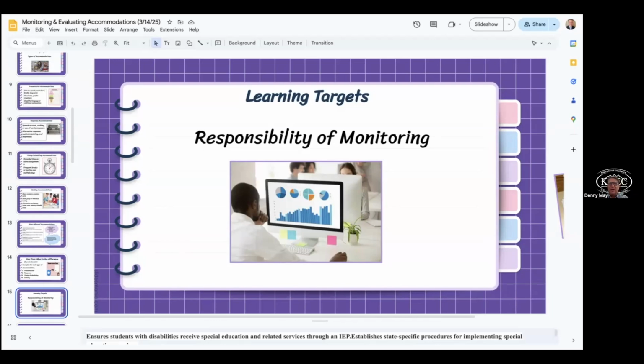Are they ineffective? Do we need to fade them away? Because the one caveat with accommodation for students is that if we accommodate them too much, or we give them too much support, sometimes we can further disable them, and they're going to graduate and they're going to be looking around for us. So we want to think about the responsibility of monitoring here in this next piece.